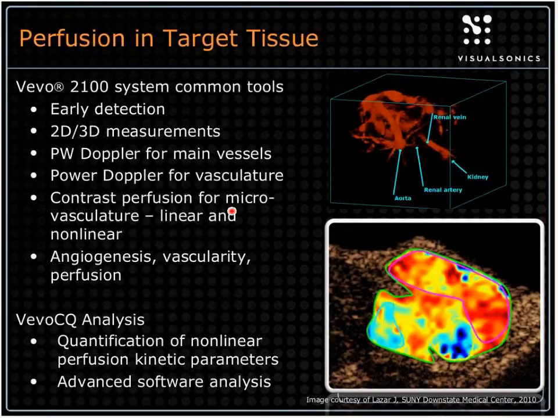When we get into contrast, perfusion contrast modes specifically, there are two types of modes, linear and nonlinear. The example that we have down here on the lower right with that copper-colored overlay is nonlinear contrast. And nonlinear contrast is primarily what we're going to be talking about. It differs substantially from linear